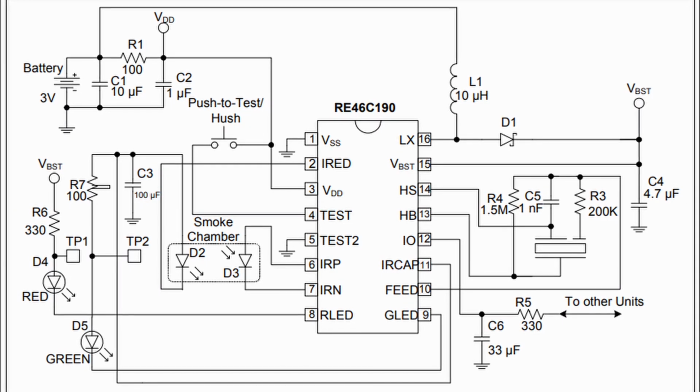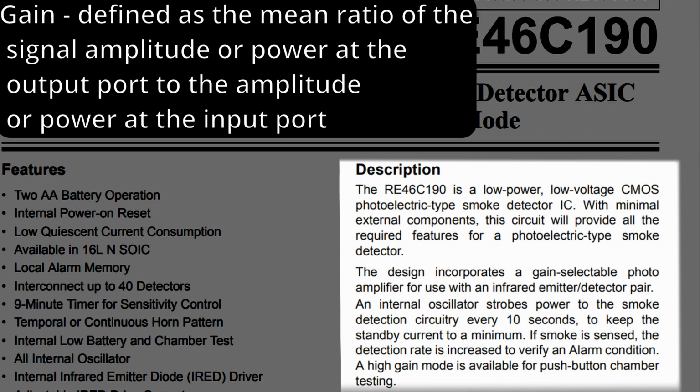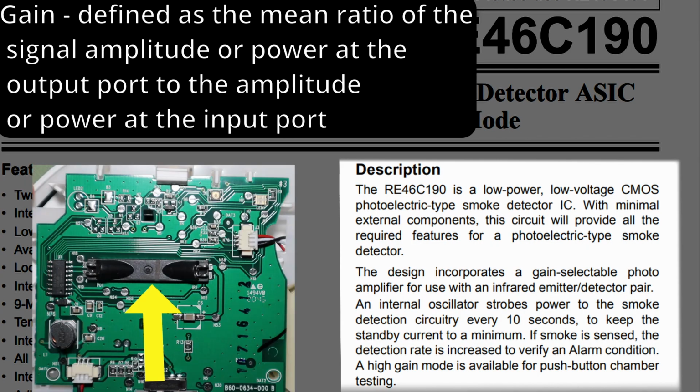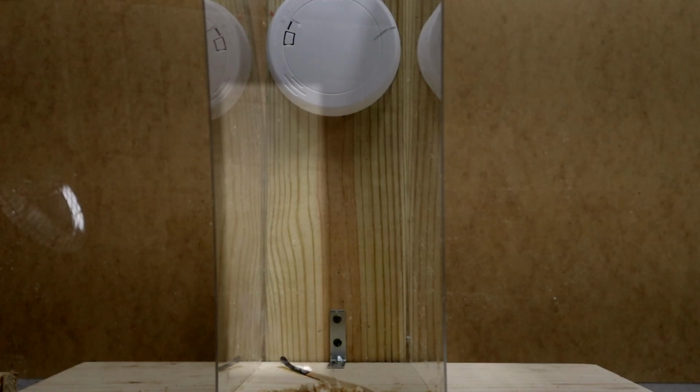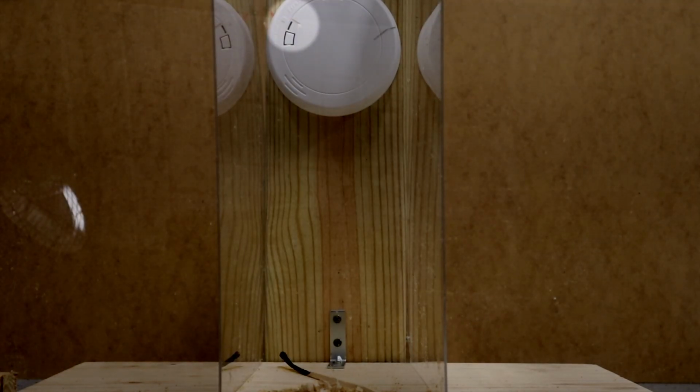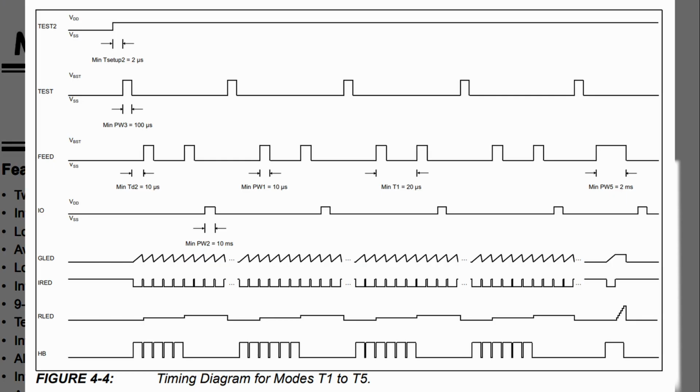The design incorporates a gain-selectable photoamplifier for use with an infrared emitter detector pair. The internal oscillator strobes power to the smoke detector circuitry every 10 seconds to keep a standby current to a minimum. If smoke is sensed, the detection rate is increased to verify an alarm condition. A check for low battery condition is performed every 86 seconds, and chamber integrity is tested once every 43 seconds